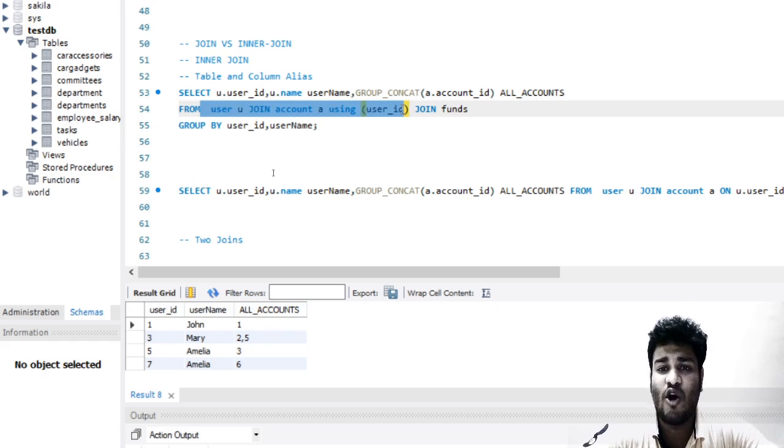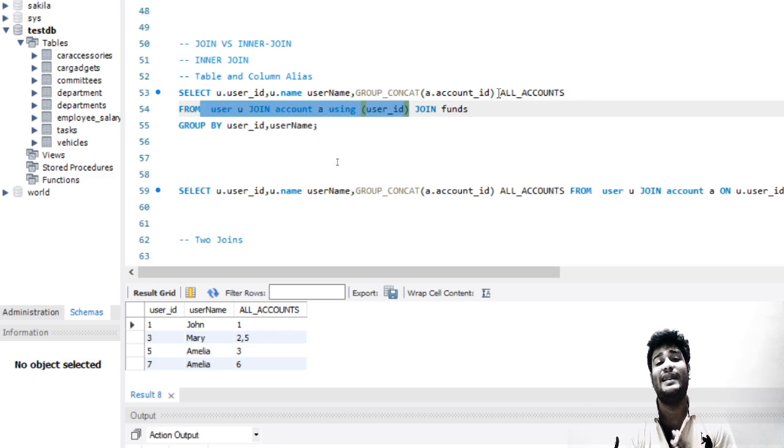It has all the columns which are there in user, it has all the columns which are there in accounts. Then at the end: user column user ID, user column name, u dot user id, where u is the alias name for user, a is the alias name for account. In a similar way, a dot account id. These things are fetched at the end.